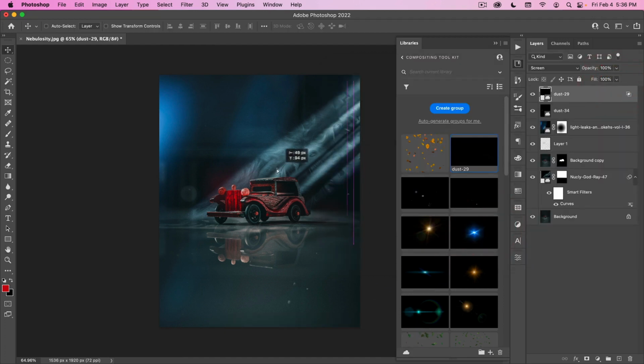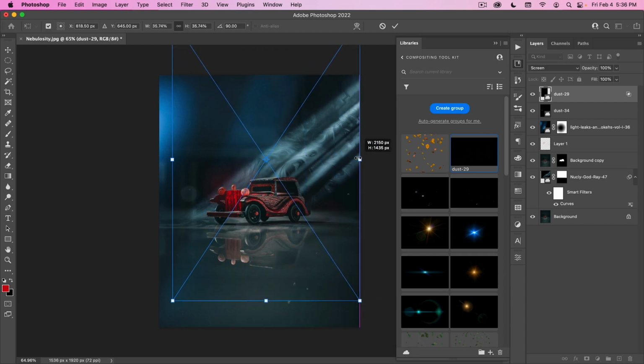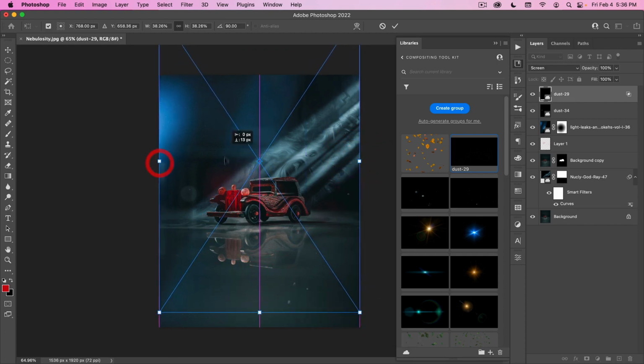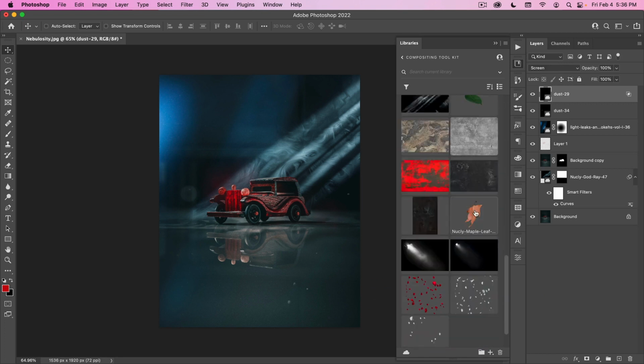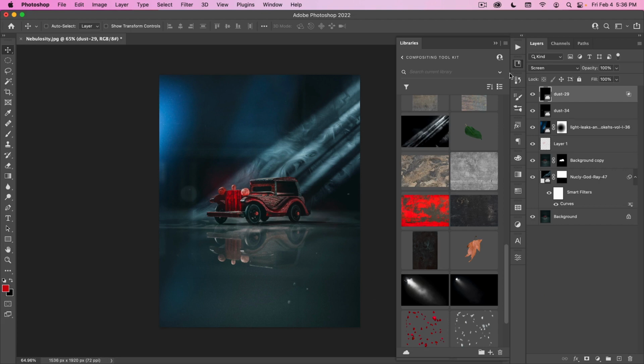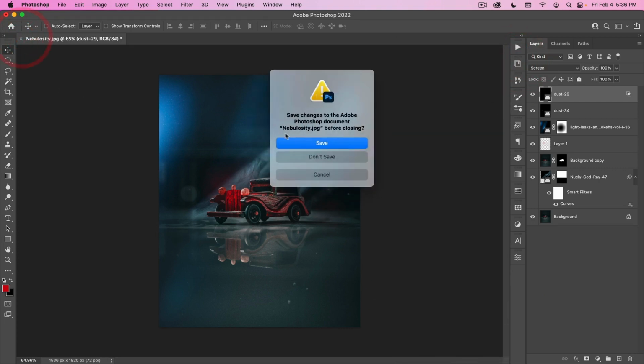And there you go. Now you can see that dust is just in those light areas. Maybe make it the full size. There you go. So you can see some of that dust, hints of it in there and in there. So there you can see what you can do with those dust ones and also with that light ray. All right, I'm going to close this.